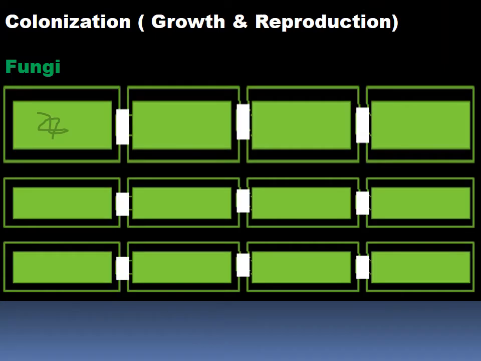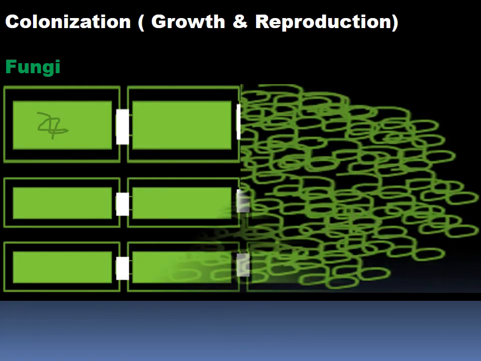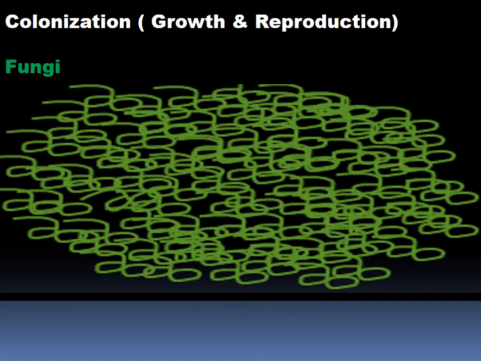The next phase of the pathogenesis is colonization. In colonization, we study both the growth and the reproduction of the pathogen. If you look at the screen, you can easily find a fungal hypha present inside the host cell. And if the host cell provides the nutrients and the environmental conditions remain suitable, sooner or later you can see that the whole host tissue is covered by the fungal mycelium. So it means that the fungus not only increases its size but changes its shape with the passage of time